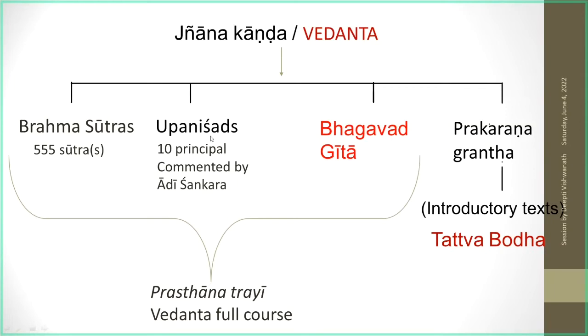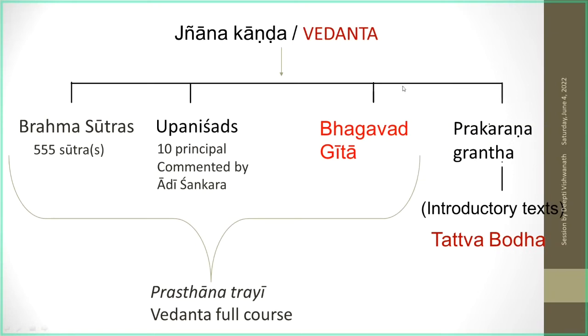even I think about 300, 400 years ago. Now we have about 108, I don't know the latest figure, about 108 or 110 still there. Out of them, Shankara picked up 10 Upanishads and commented upon them. So these kind of become the course material. And Bhagavad Gita, which is the Smriti Grantha. So Upanishads is Shruti, Brahma Sutras are Sutra Grantha, Shruti Grantha, Smriti Grantha. Together they are the Prasthanatrayi.